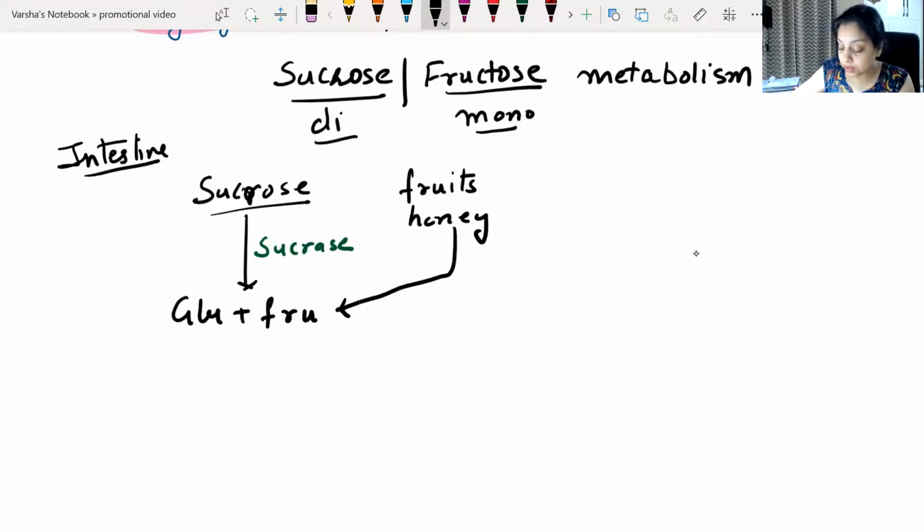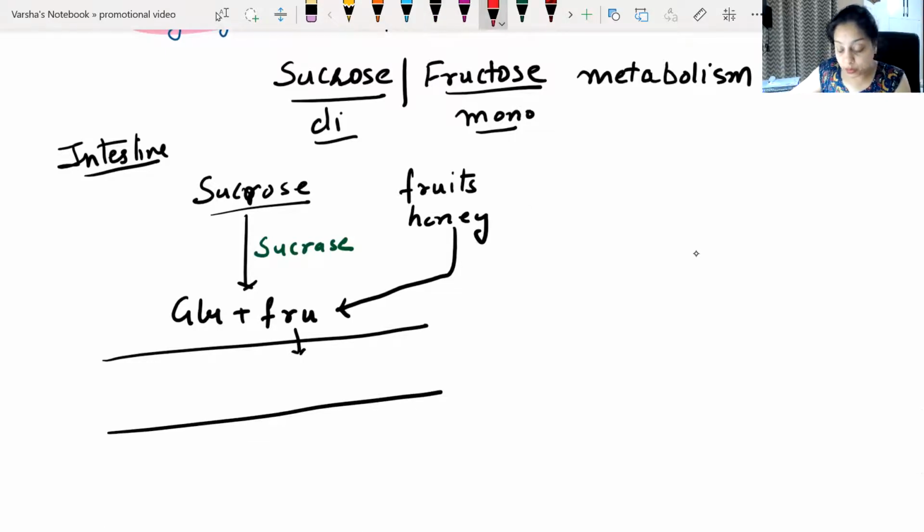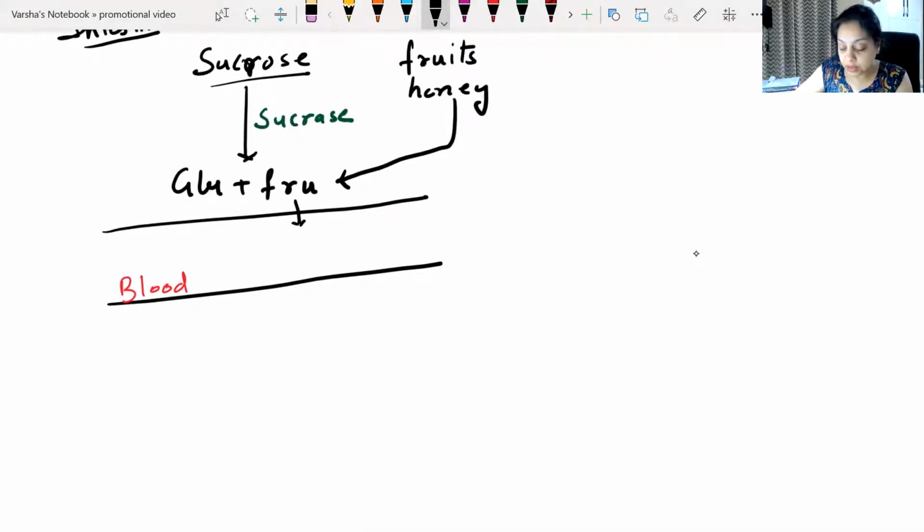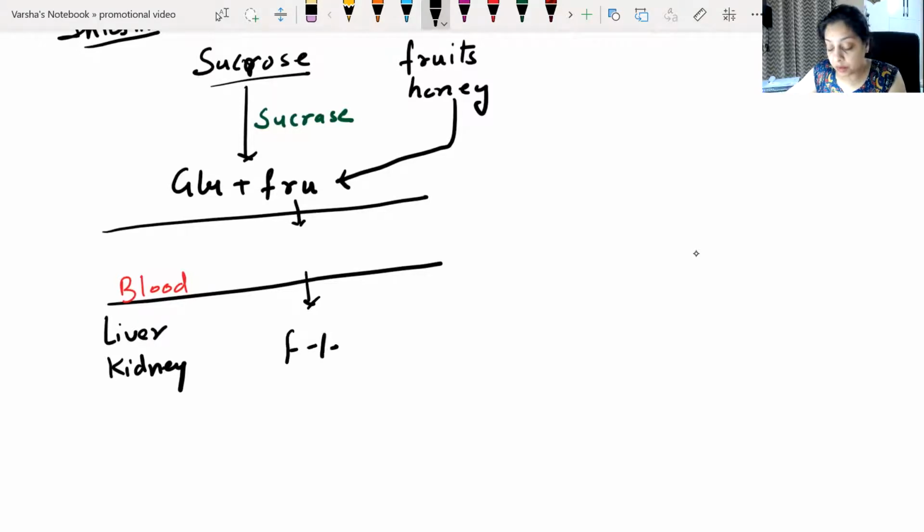Now this fructose, again the same thing, via your blood will come inside the organ. Which organ are we in? Either in the liver or in the kidney, right? Liver or the kidney, not in the brain. That was in the galactose, not in the brain. We are not talking about that, right? Fructose is there, and we need to trap it in, trap our girlfriend, so she does not find any other boy, right? So we are going to phosphorylate to fructose 1-phosphate,